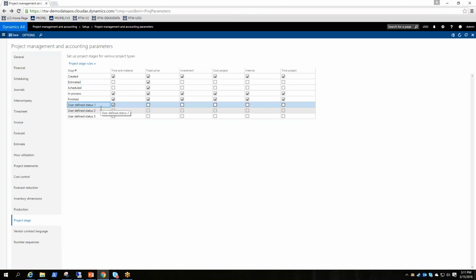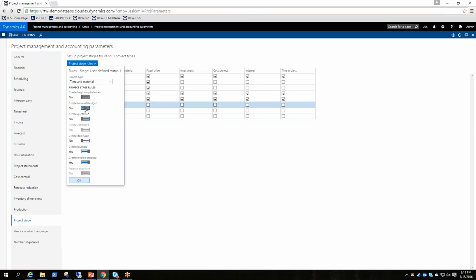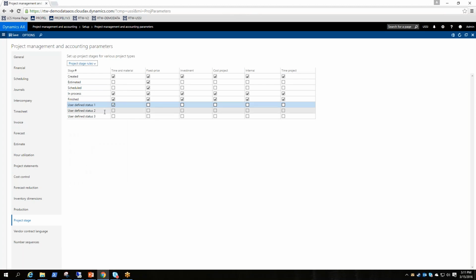So one of the common names that we see, or that I've implemented multiple times, is an on hold stage, where we don't allow anything. So we'd come in here, we'd change the name to on hold, and then we'd toggle everything off. So the project's on hold. And then the rest of them are up to